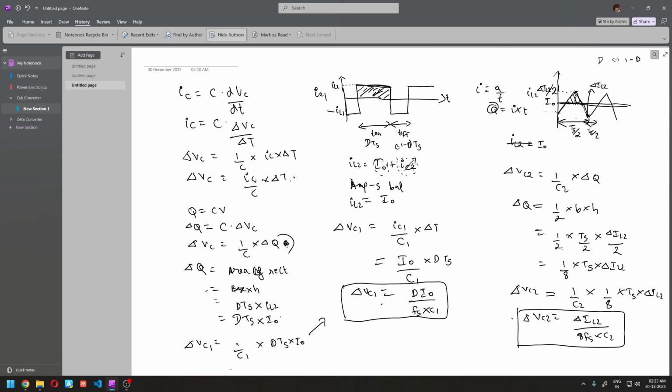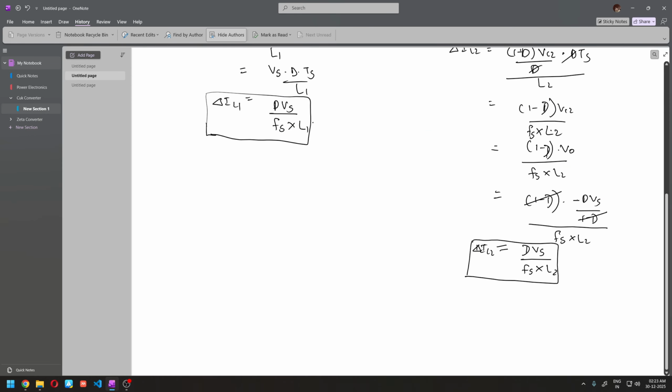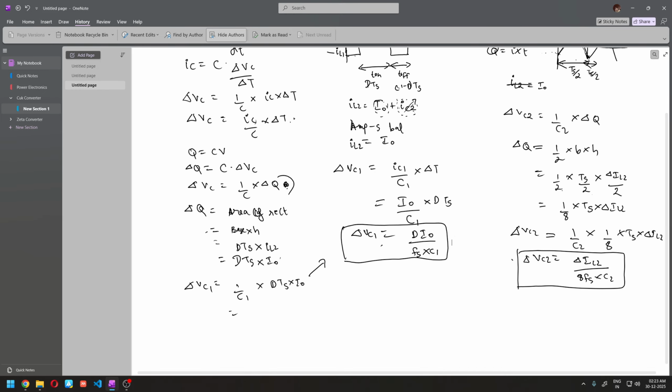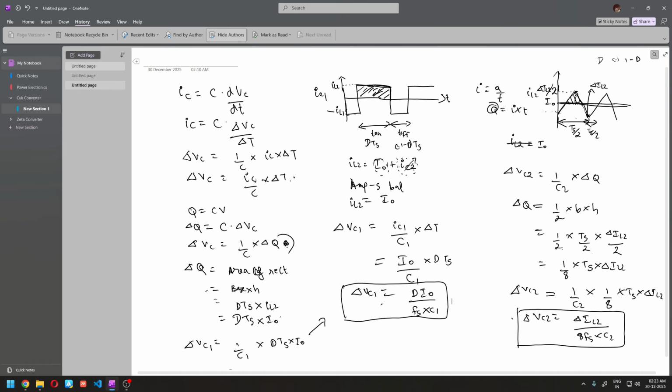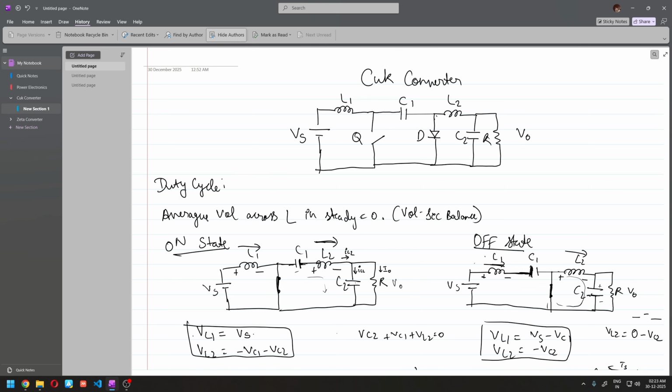So now we have all the 5 equations needed. We have the duty cycle equation, we have the 2 inductor current ripple equations, and finally we have the 2 capacitor voltage ripple equations. So these are the main 5 equations required. Of course, later, if you're actually going to implement this converter in hardware, you would have to consider the ESR of the capacitor, the resistance, since they are not ideal,